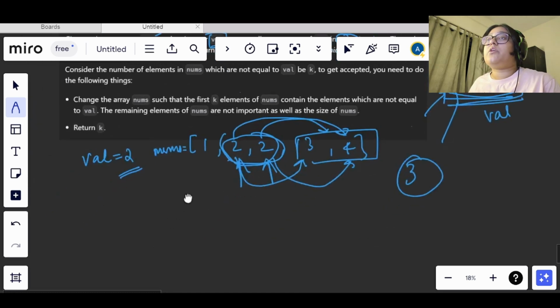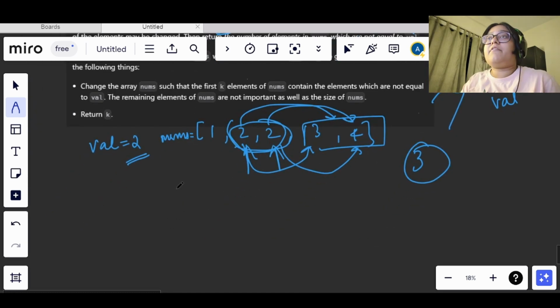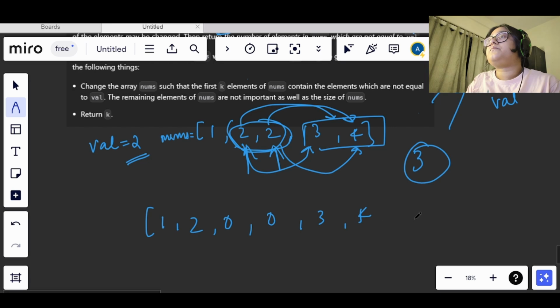I'll use one more example. Let's say we have 1 2 0 0 3 4 8. This is nums and we have been given val as, let's say, 4.